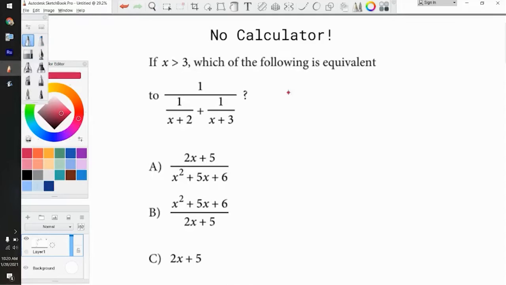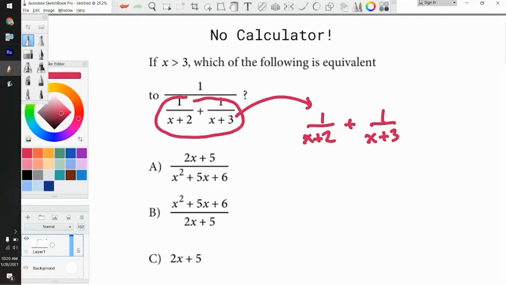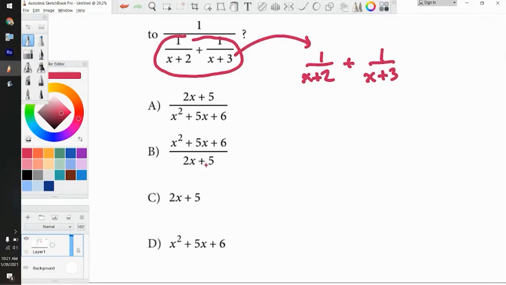First thing we're going to do is common denominators on this part right here. I'm going to parse this out from that 1 over thing just so it's not all over the place, and rewrite it real quick. And you want common denominators, and the reason for that, if you notice the choices here, we have one